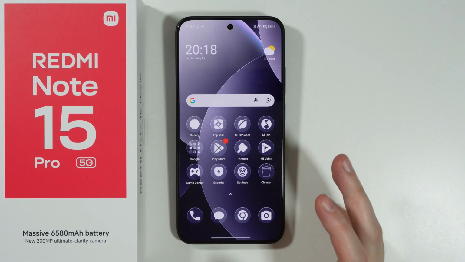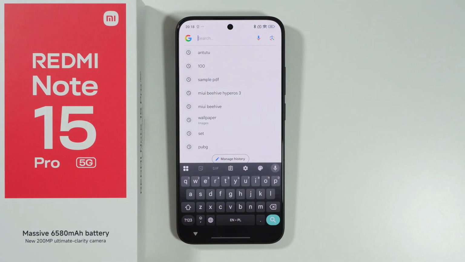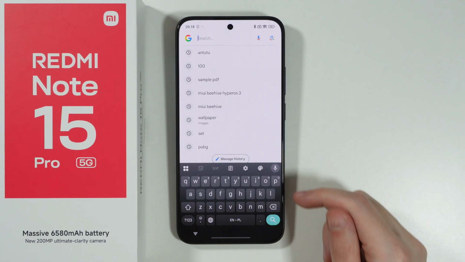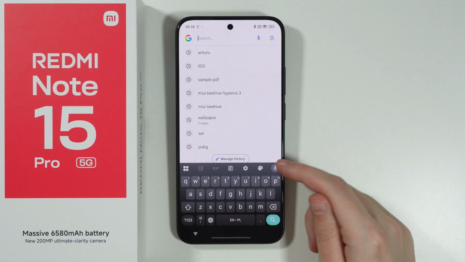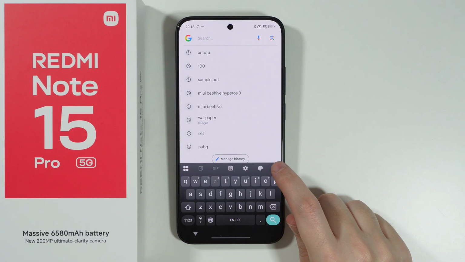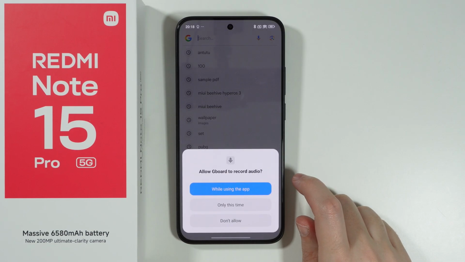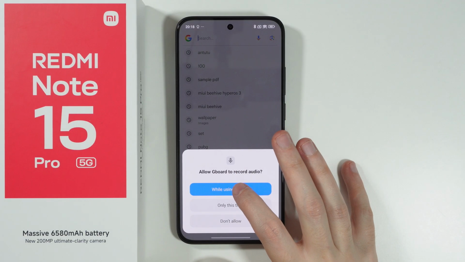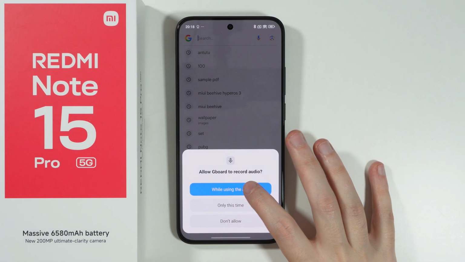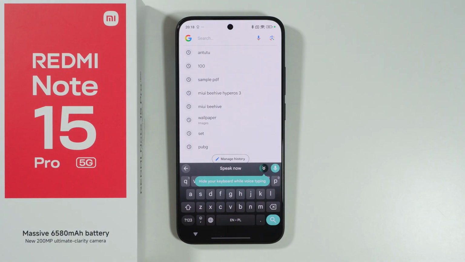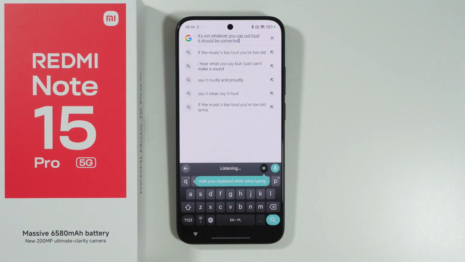And now if we open anything, like for example the browser or something, you can find this microphone at the top right corner of the keyboard. So we can tap on the microphone, and if you tap here for the first time, you might need to grant some permissions, so let's choose while using the app. And now whatever you say out loud, it should be converted into a text, as you can see over here